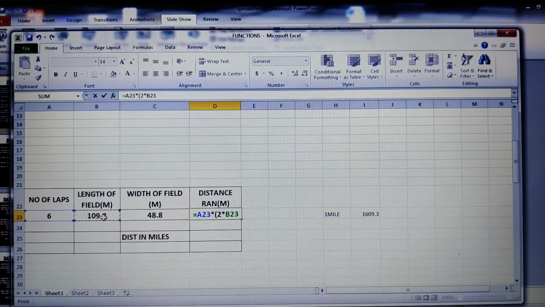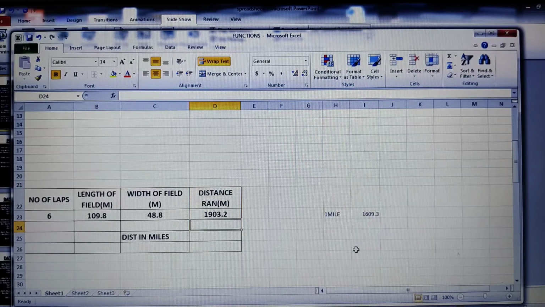Then plus 2 into the width, okay, and then close your bracket and click on enter. So this is the total distance run, which is in the form of meters.